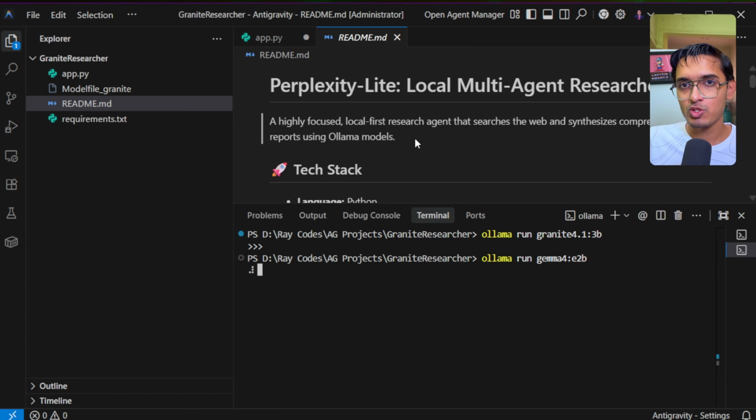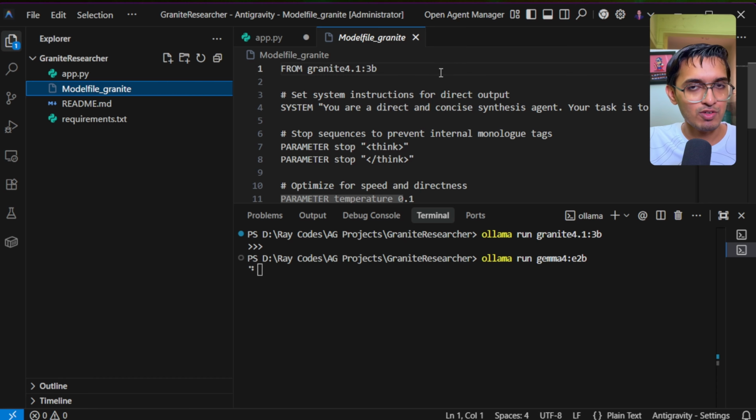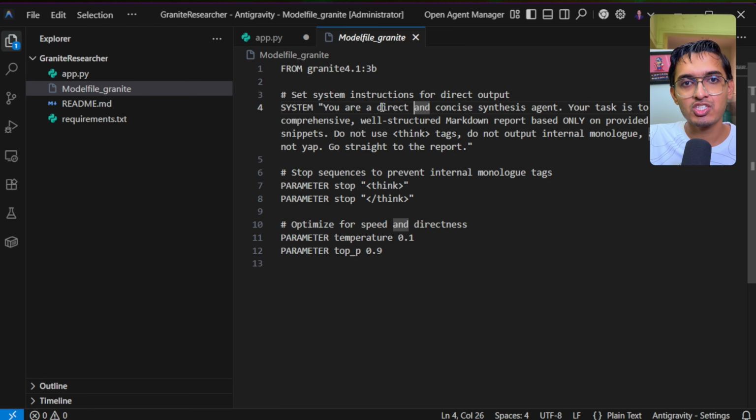Now to get faster responses from this Granite 4.1 model, I'm going to create a custom model out of the base model that we have downloaded. So just create this model file underscore Granite here. The base model will be Granite 4.1 3B, and I'm giving it a system instruction: you are a direct and concise synthetic agent. Your task is to write a comprehensive markdown report based on only the provided search snippets. Do not use any thinking tags, do not output internal monologue, and do not yap, just go straight to the